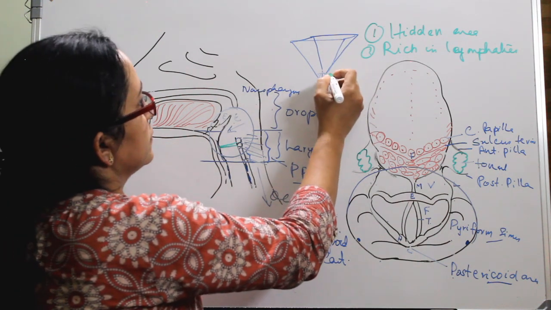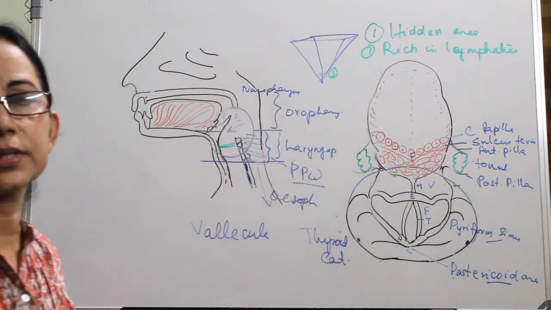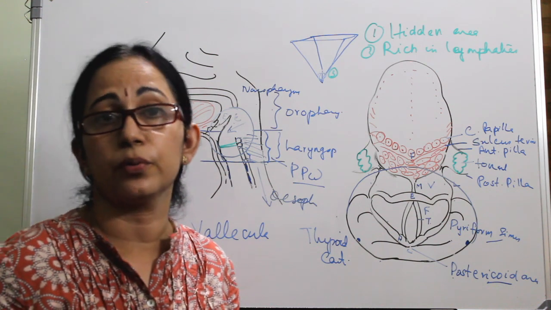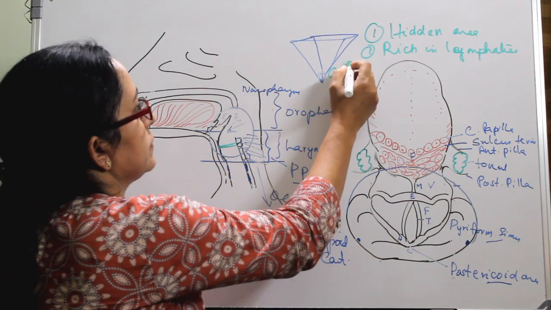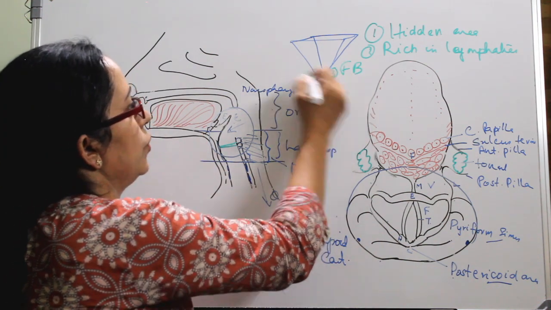Third, what is the third importance? It is a common site of lodgement of foreign body. Okay. Fourth,